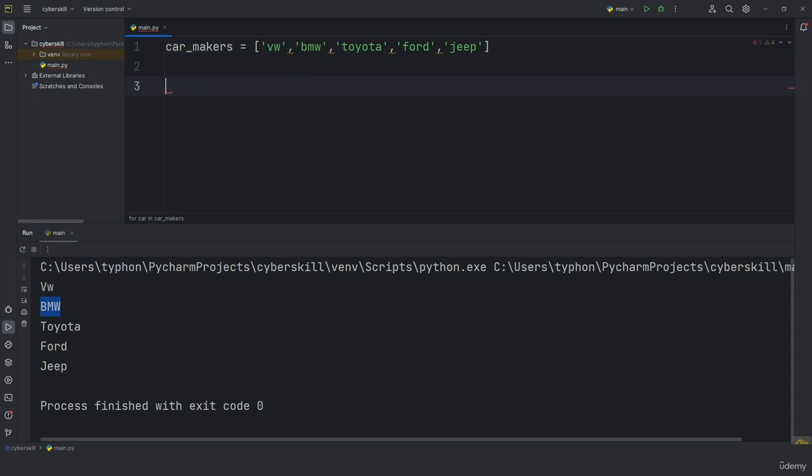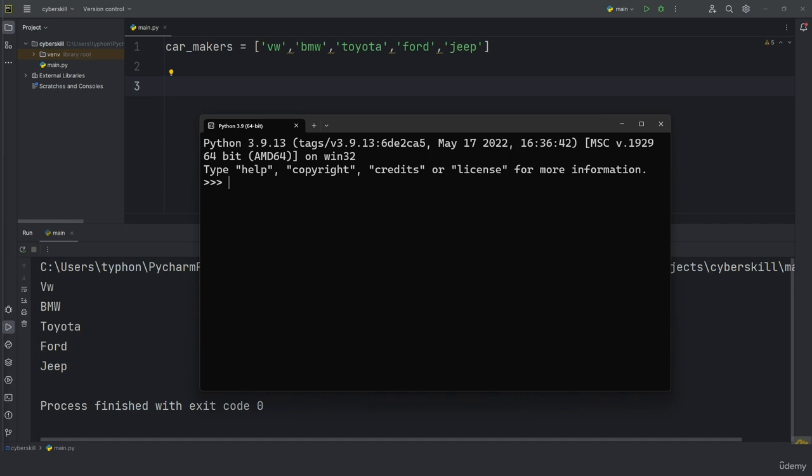In order to do that, we will just delete our for loop for now, and we will print car equals BMW here, or actually, instead of writing that, let's use car makers. BMW's index is 1. So now, as you can see, we got an error: cannot assign to a function call. We're going to get an error if you try to do that. However, if you try this in the Python console, which we will do now,